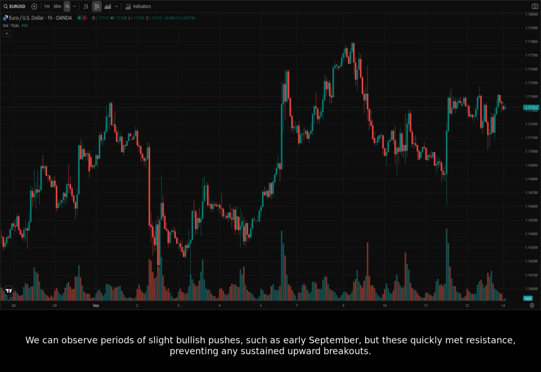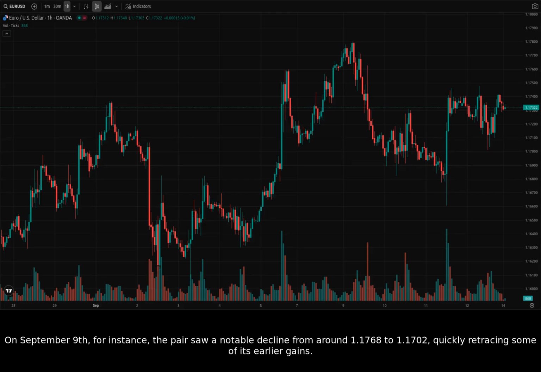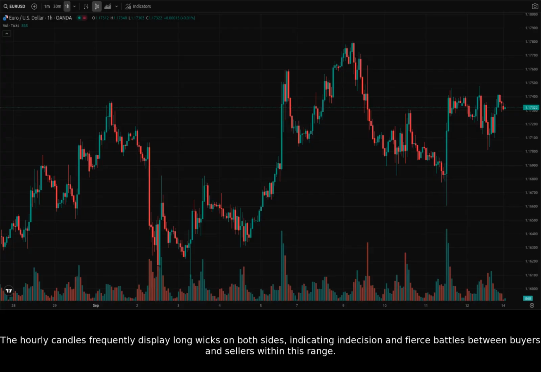We can observe periods of slight bullish pushes, such as early September, but these quickly met resistance, preventing any sustained upward breakouts. On September 9th, for instance, the pair saw a notable decline from around 1.1768 to 1.1702, quickly retracing some of its earlier gains. The hourly candles frequently display long wicks on both sides, indicating indecision and fierce battles between buyers and sellers within